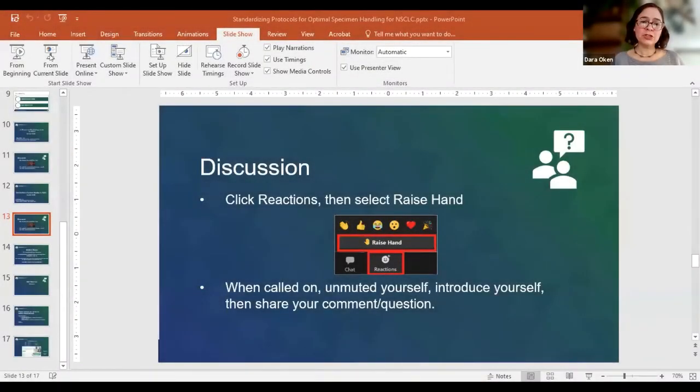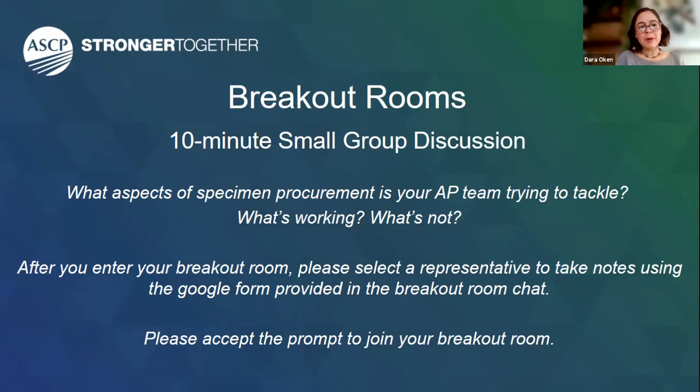We're going to shift into our breakout rooms. You might remember the reflective questions that you received leading up to today. What aspects of specimen procurement is your AP lab trying to tackle? What's working and what is not? Here's your opportunity to share those ideas, to learn from each other, share success strategies, as well as refine your plan for individual growth. To support your discussions, we're providing you with a few guiding questions regarding specimen handling in